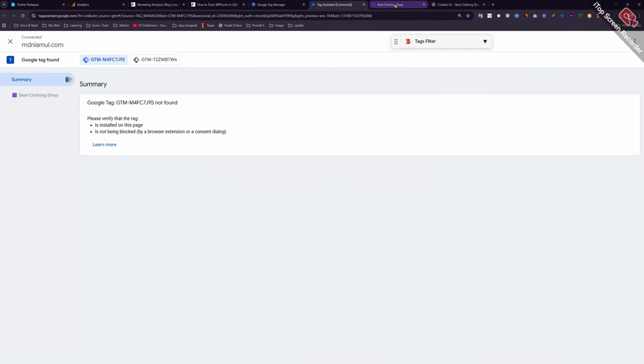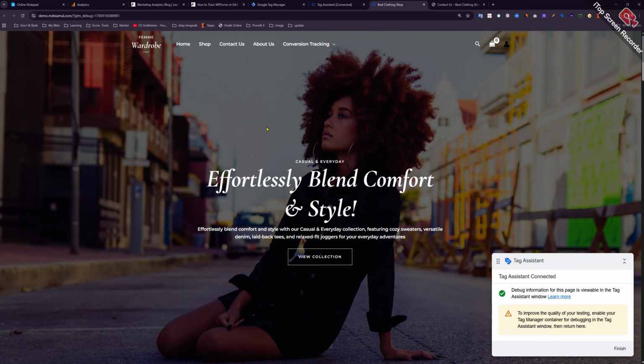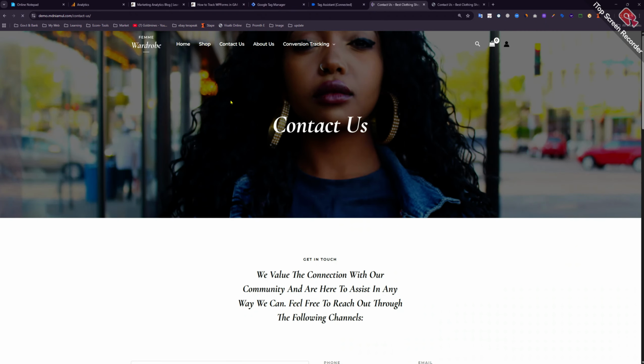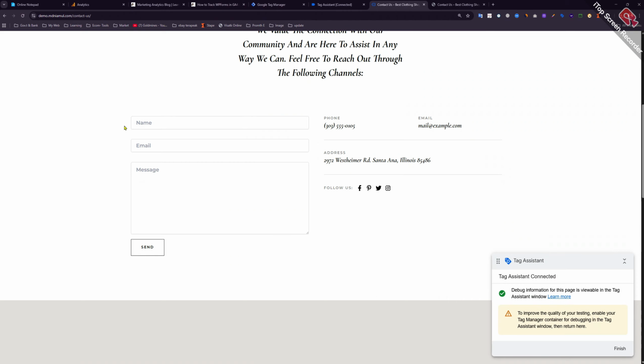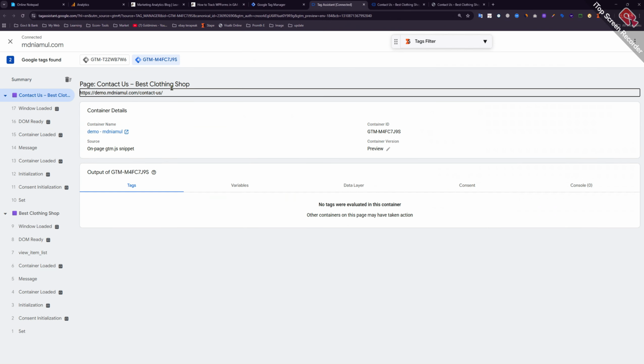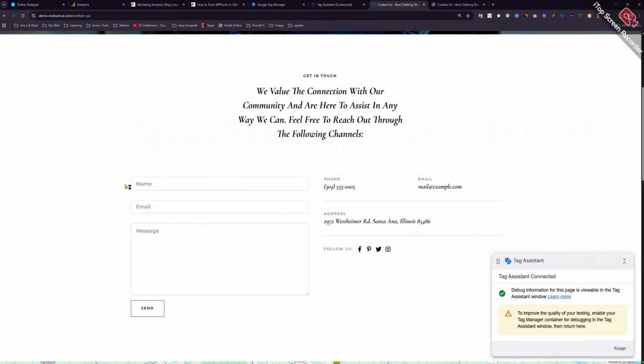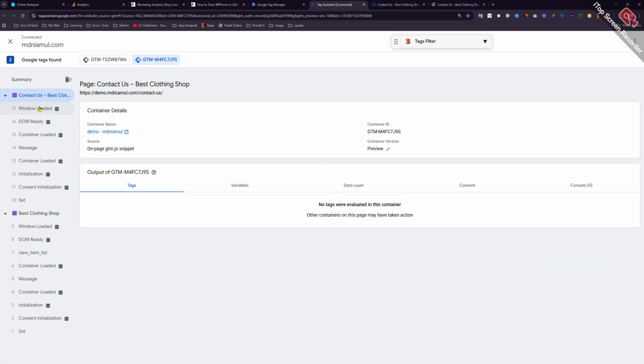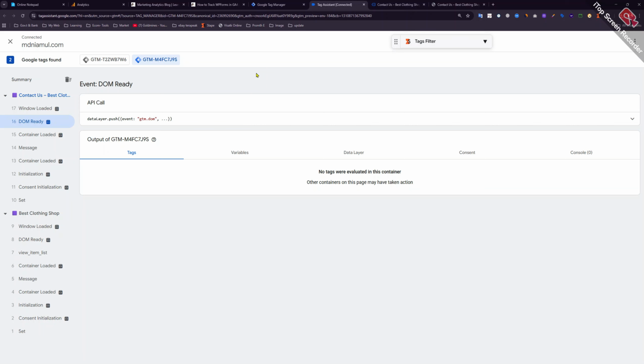Then we can go to the WPForms page. My WPForms form is embedded in this contact page. Go to the contact page and this is my WPForm. So I can fill up the form, put the information and test, and click send. Right now the WPForms information is not showing the data, so that's why we need to install